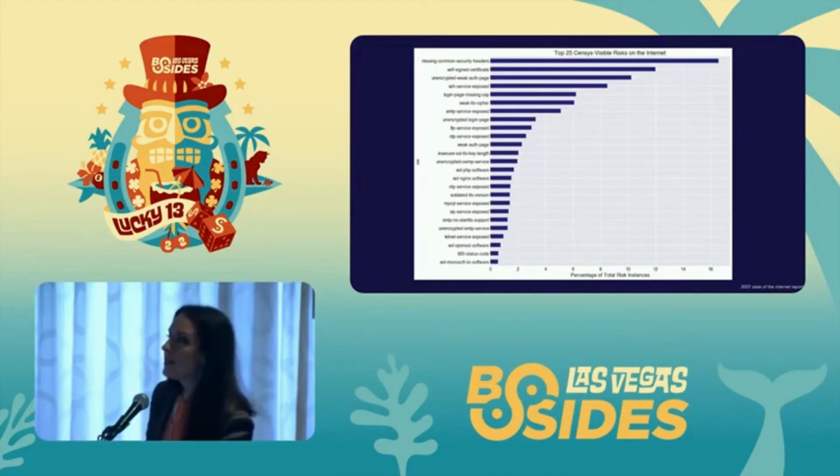I will say that if I were an early security hire at an organization and I saw lots of flags for this kind of thing, like no security headers, lots of self-signed certificates, that would be a sign to me that perhaps other security concerns might be flying under the radar. While I wouldn't necessarily think that those were the alarms, they would be small red flags, maybe pink flags, if you will, that would make me think, maybe I should go talk to the dev teams and see what's going on. However,